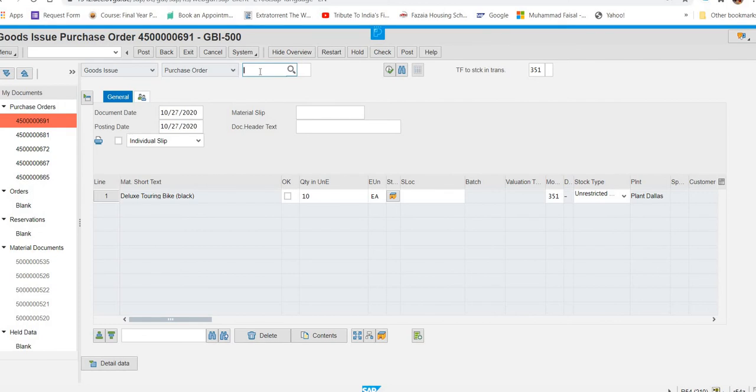Now what they are saying, when your order comes up, select okay, and then put finished goods in the storage location, right? So it is FG00. And then you press enter.